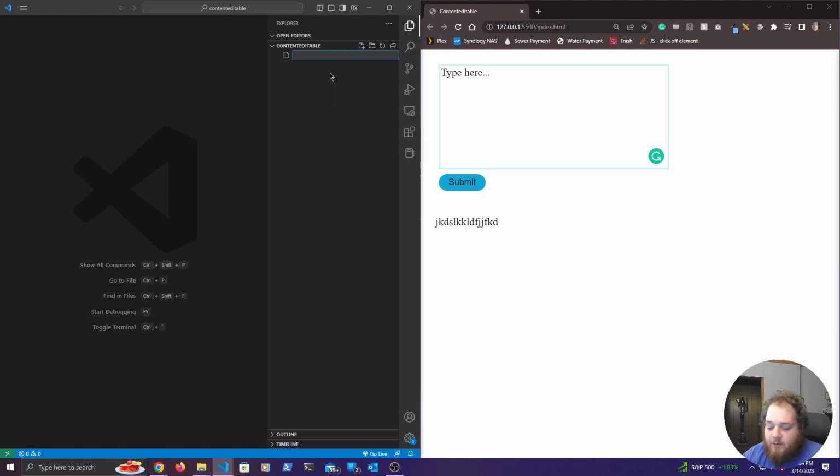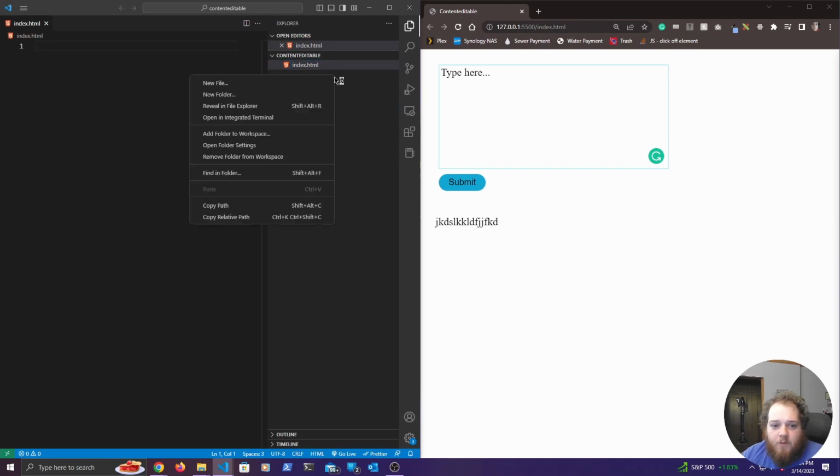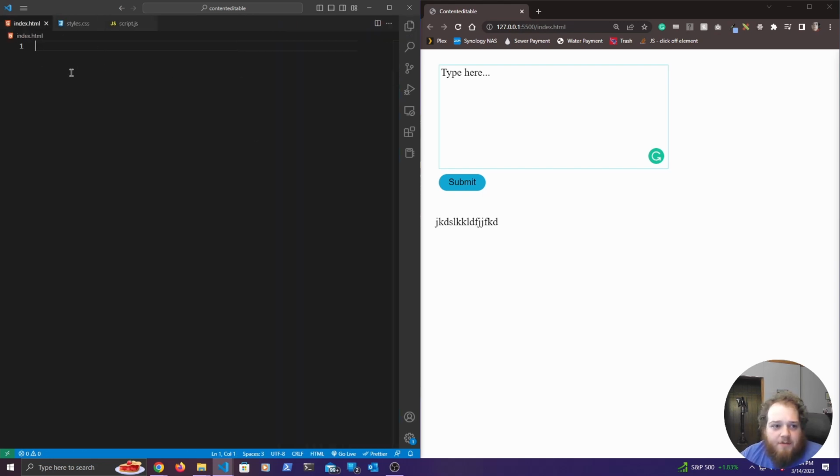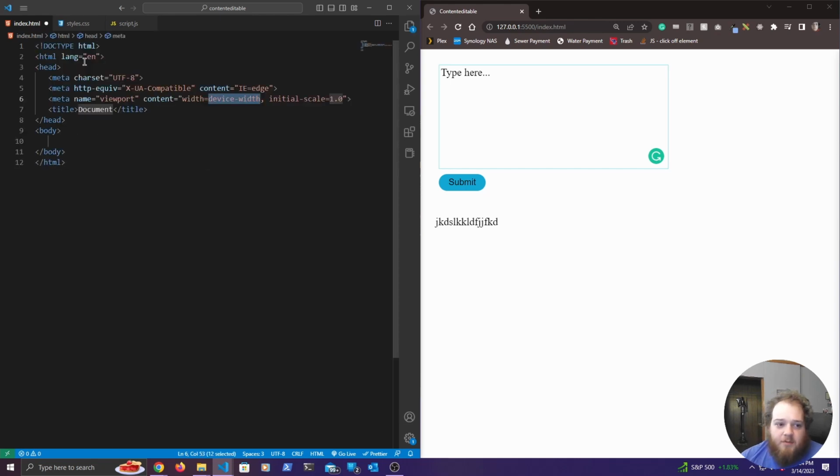We're going to create the index.html file. We're also going to need a styles.css file, and we're going to need to create a script.js file. Alright, so that's going to be all of the files that we're going to need for today. So first thing we want to do is create our HTML template,